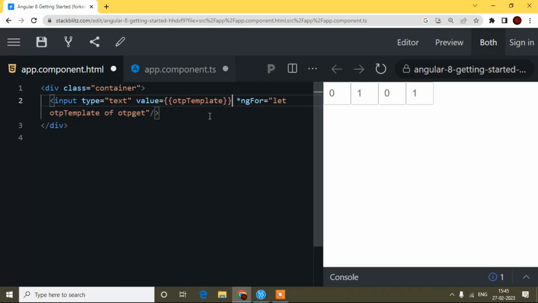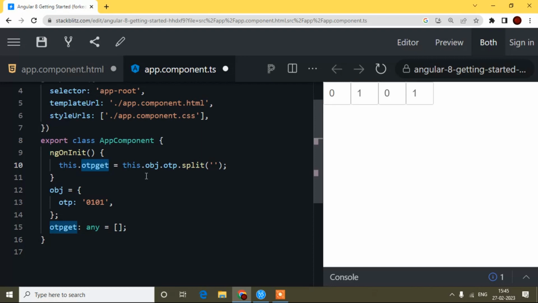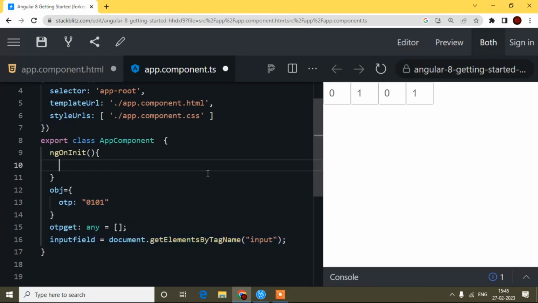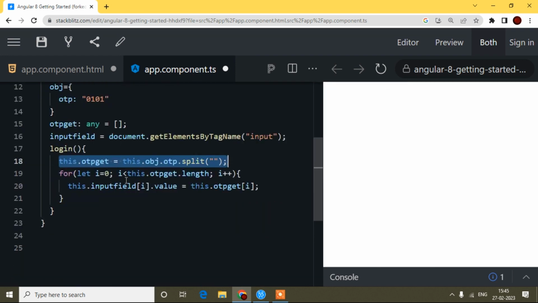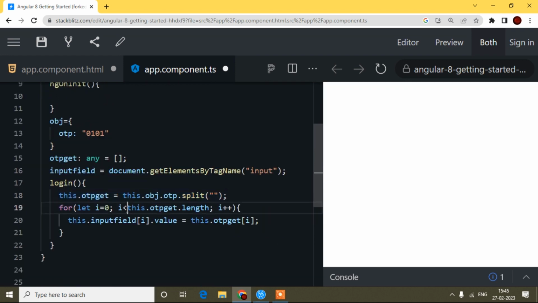Now something needs to be understood. Here I have used one input field. And I already said when I was writing the for loop, that time we need to write the loop dot length, I showed, right? That time we need to write this OTP dot length, because if I press Ctrl+Z and come to the loop, see here I loop this otpGet length.